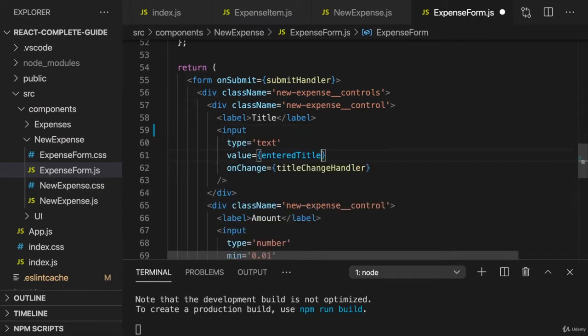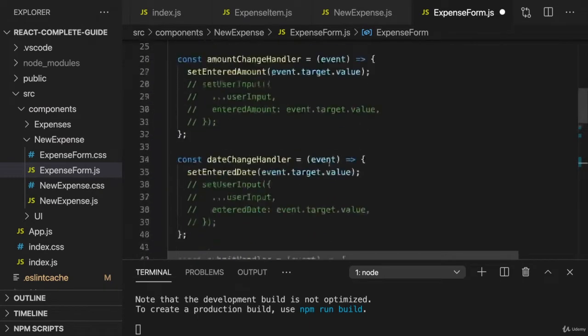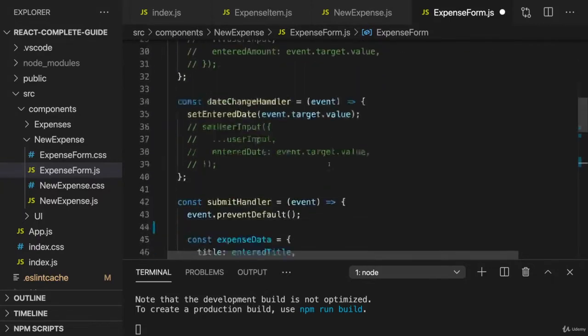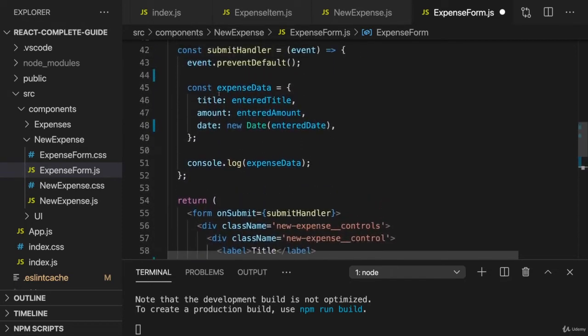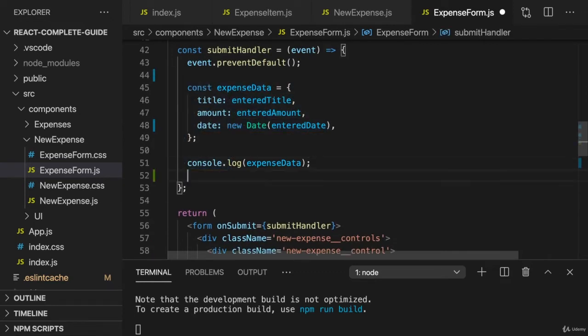So now this is two-way binding because now we don't just listen to changes in the input to update our state, but we also feed the state back into the input so that when we change the state, we also change the input. This might sound like an infinite loop, but it actually isn't, so we won't have a problem there. But the advantage is that when the form is submitted, for example, we can call